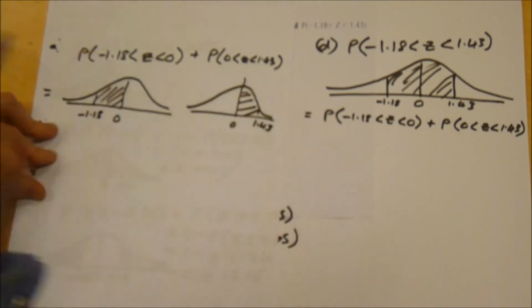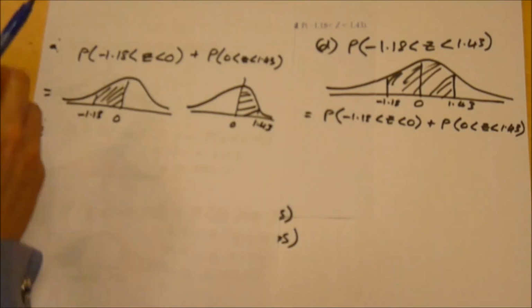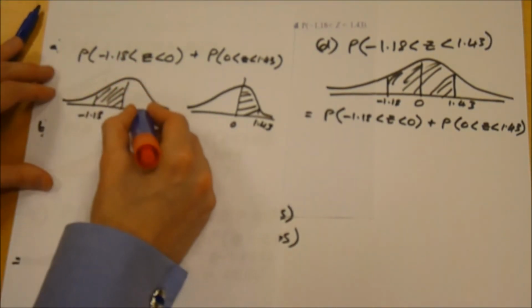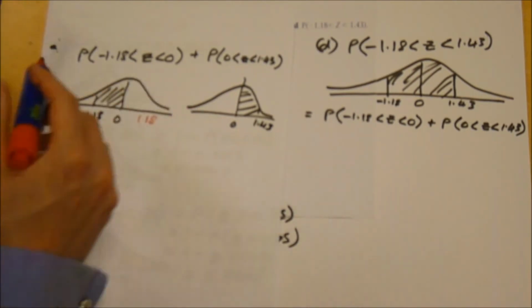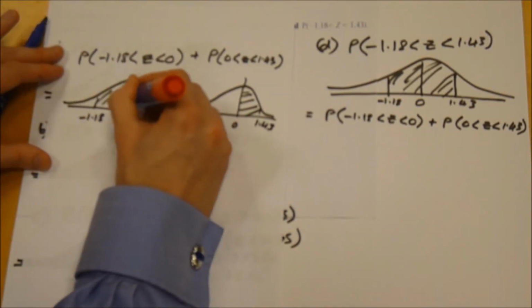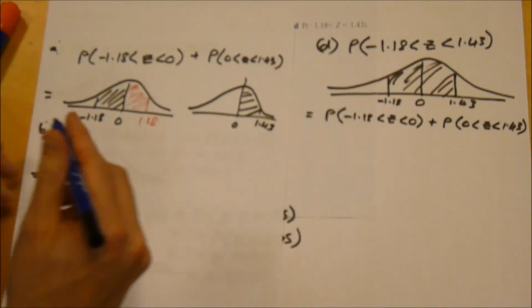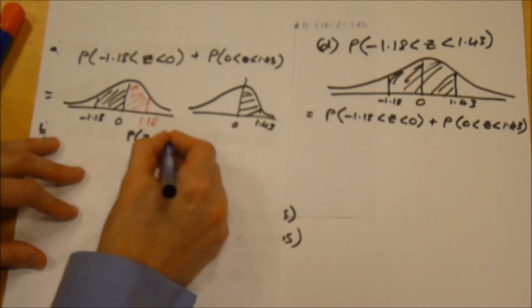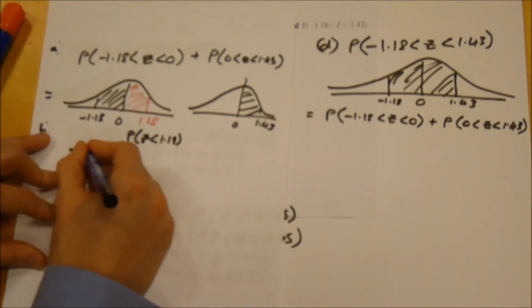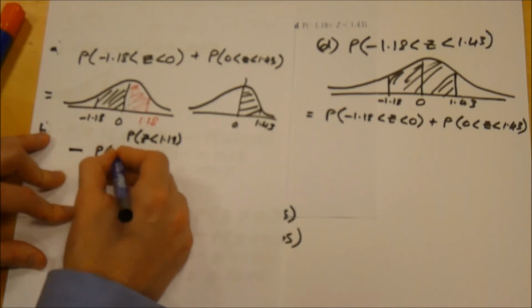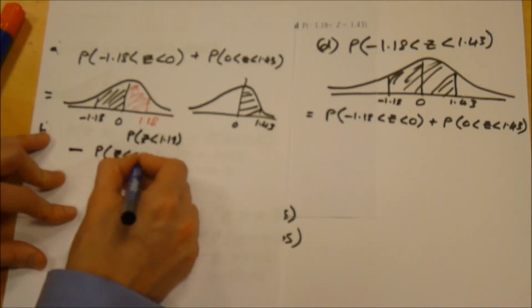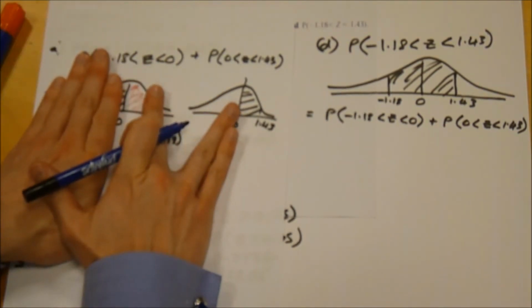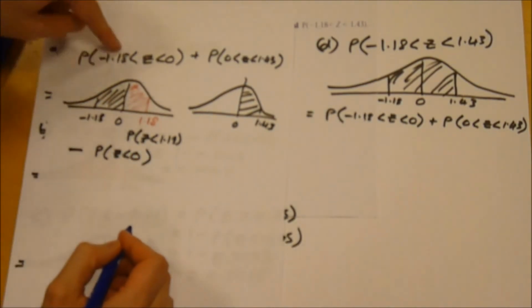That's this part here. Okay, and the way I would work that out, well, for this one it's negative, so we're going to have to reflect it. So I'm looking at 1.18, and I'm looking at this bit symmetrically. So that is the probability that Z is less than 1.18. Take away the probability that z is less than 0. So I'm doing all of that, take away that, to leave me with that part, the red part. So that's how I would work out the left hand side.